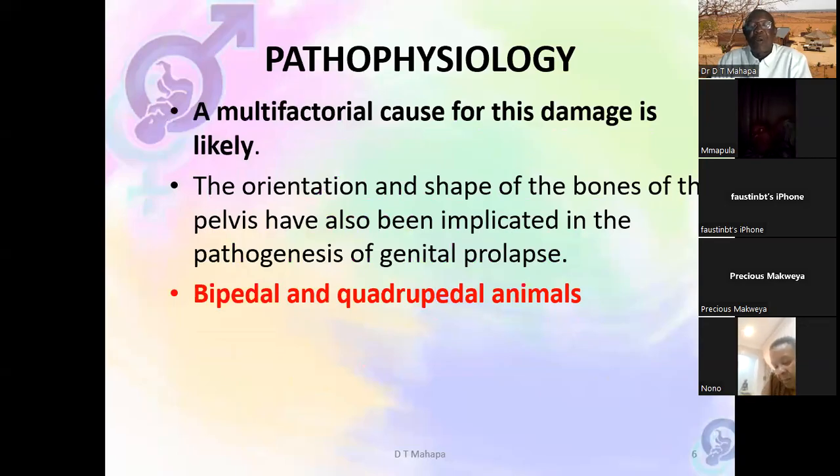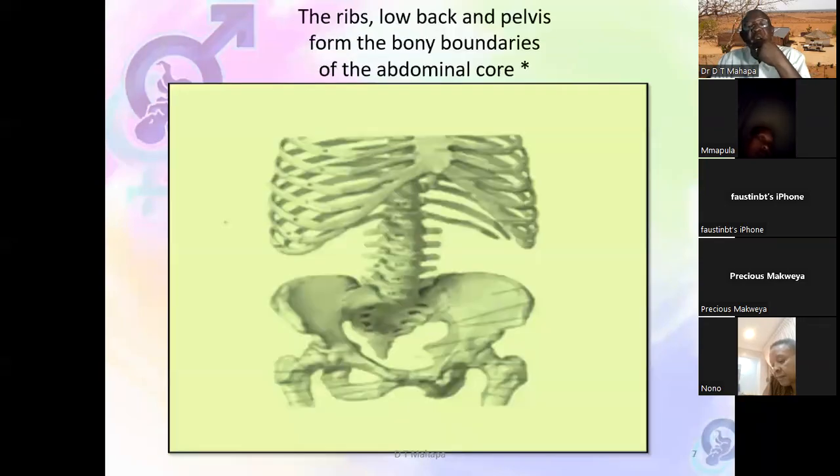The factor that makes us human beings prone to pelvic organ prolapse is that we have evolved to be upright animals, while other animals move with 4 legs. We move with 2 legs. So gravity is always pulling us down, as the pelvic muscles are always lining this bony pelvis that you see here.